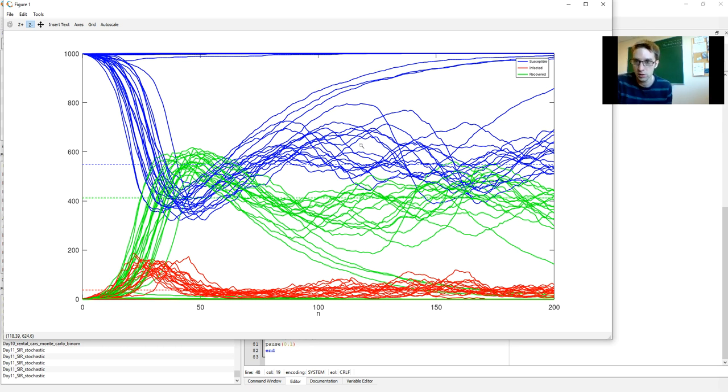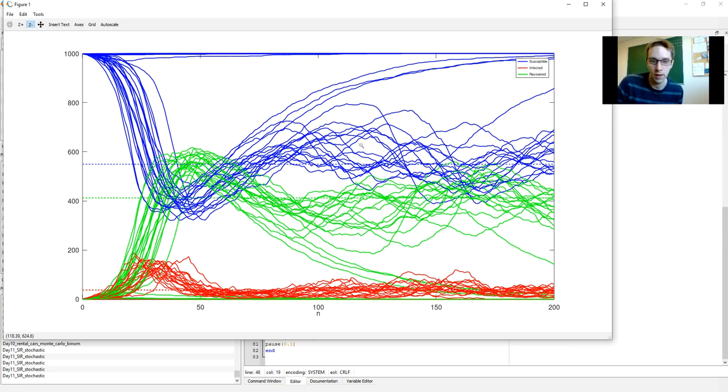Similarly, we can ask the question of what's the probability that ultimately we end up in the endemic state? In the deterministic model, we always end up in the endemic state. But in this stochastic model, there's some probability that the epidemic dies out. And in fact, you could ask, what is the average amount of time it takes before we're able to eradicate the virus? And what's the average number of people who get sick before that happens? So there's a lot of different possible behaviors that you can see here, and we can't really explore them unless we're able to incorporate randomness into our model.